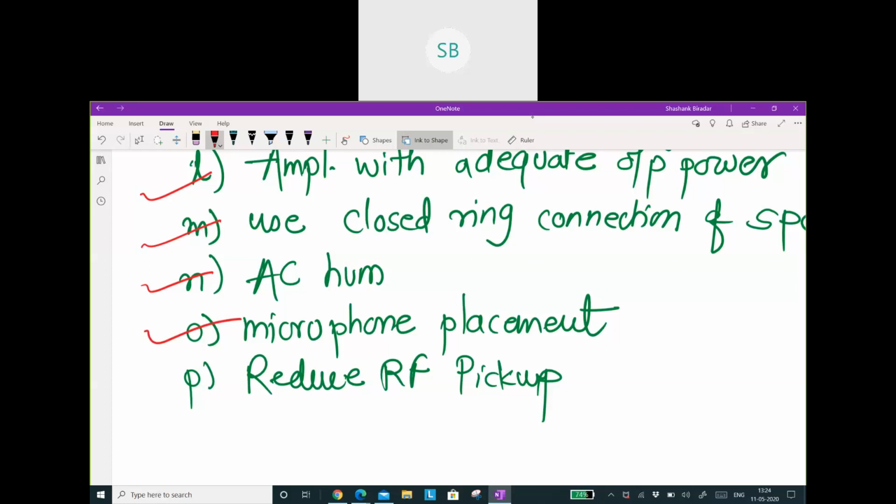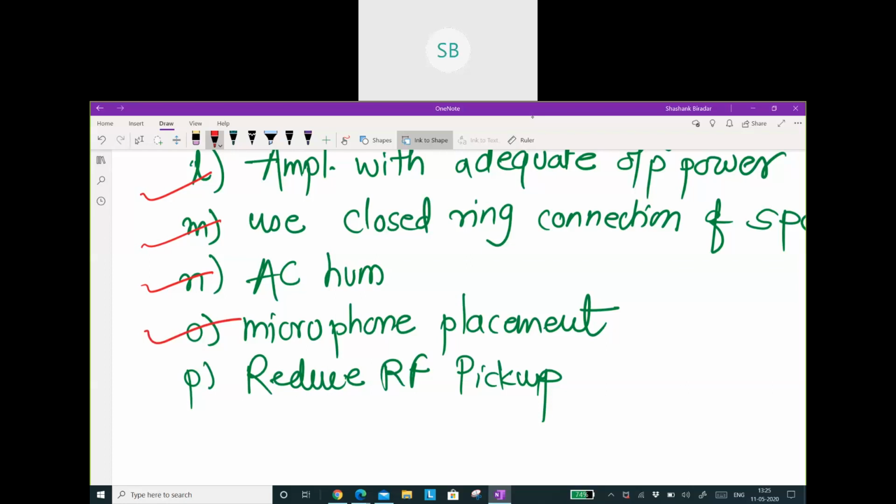If two microphones are picking up sound originating from a source, and the spacing between them is lambda by 2 meters for that source, then the outputs of the two mics will cancel each other, right? In the amplifier, there is at least one frequency for which the spacing is exactly equal to lambda by 2. Therefore, in a multiple microphone setup, the microphones should be placed in proper locations.